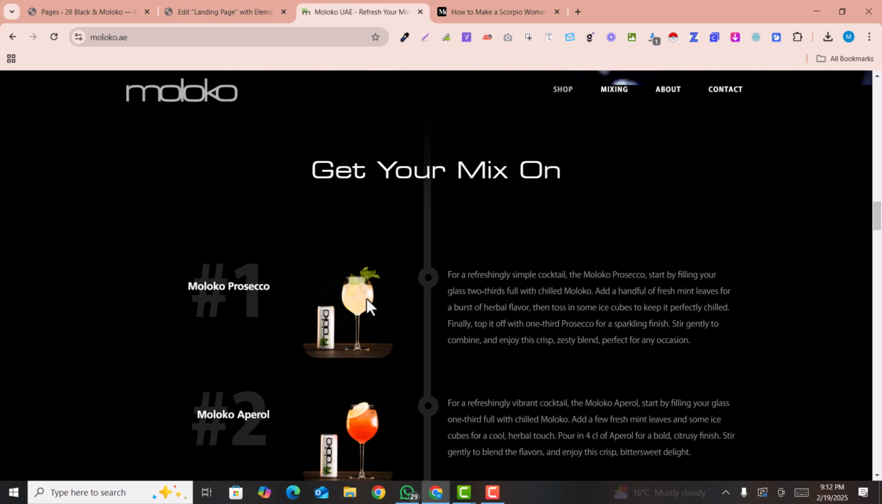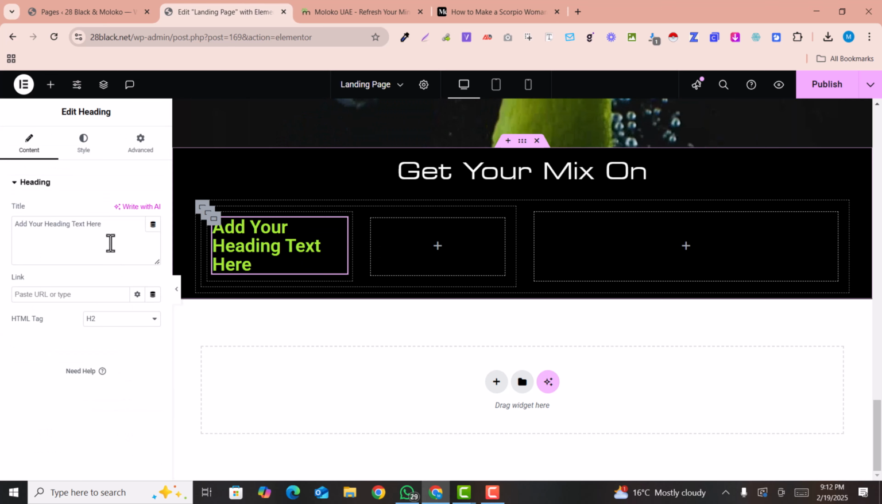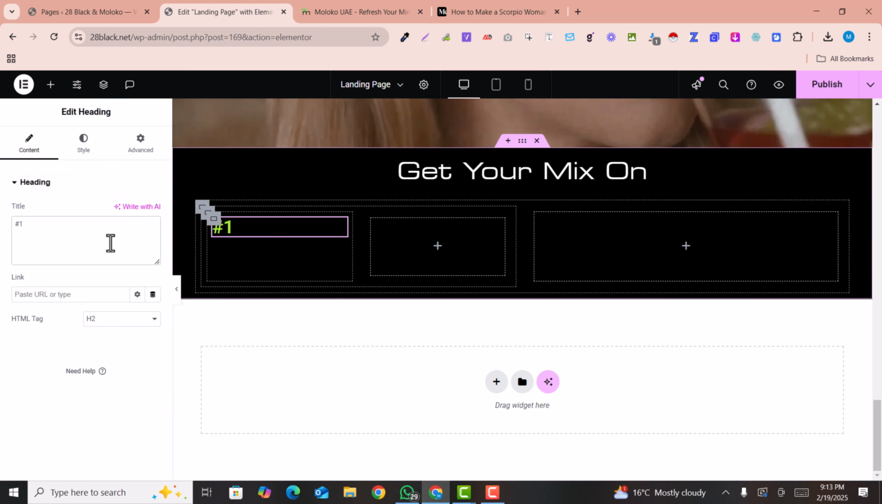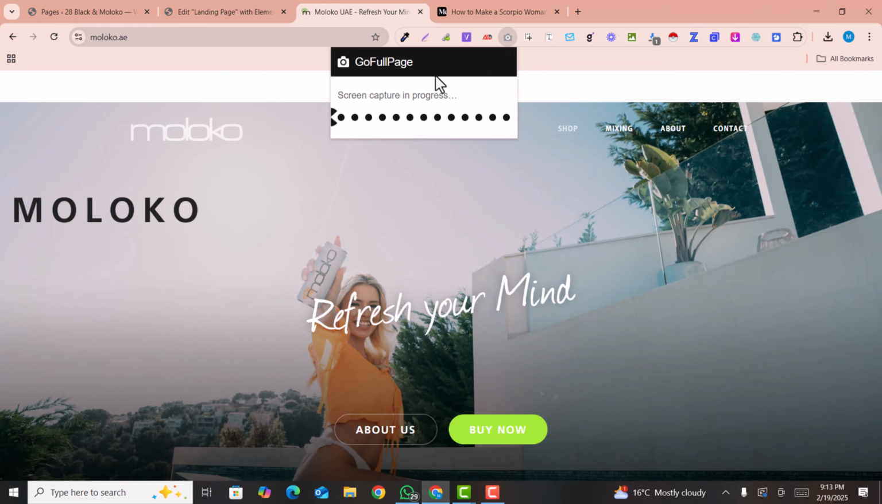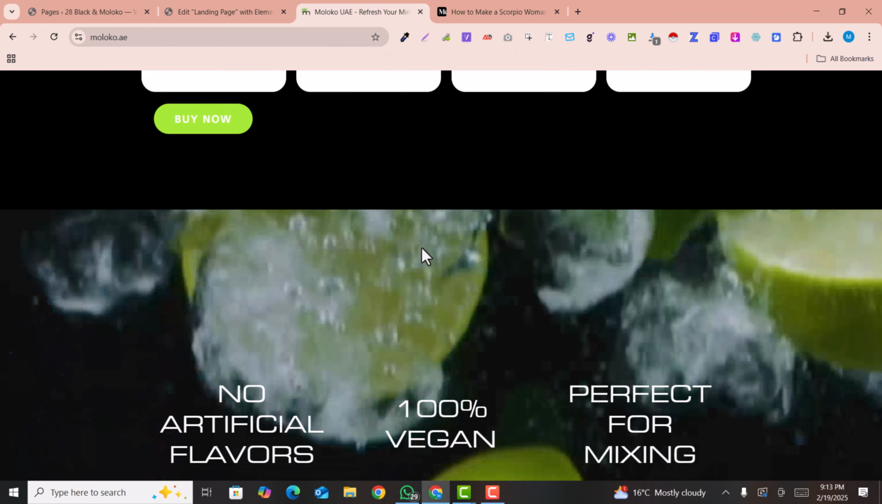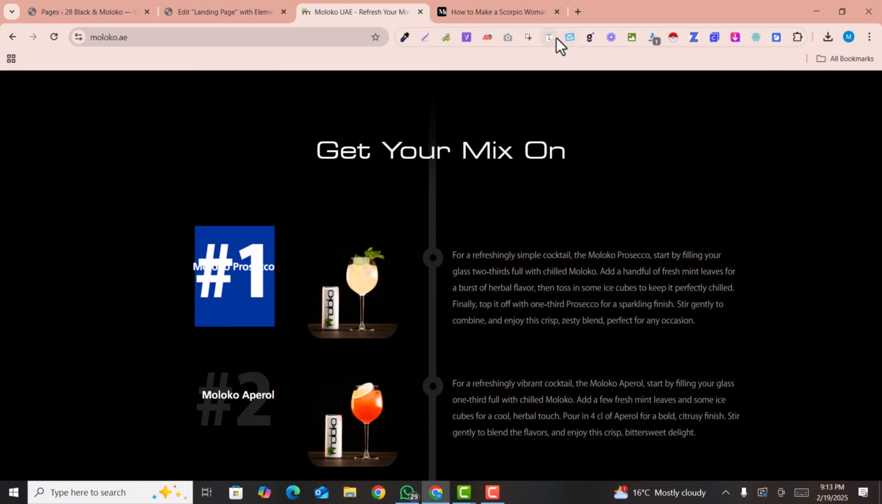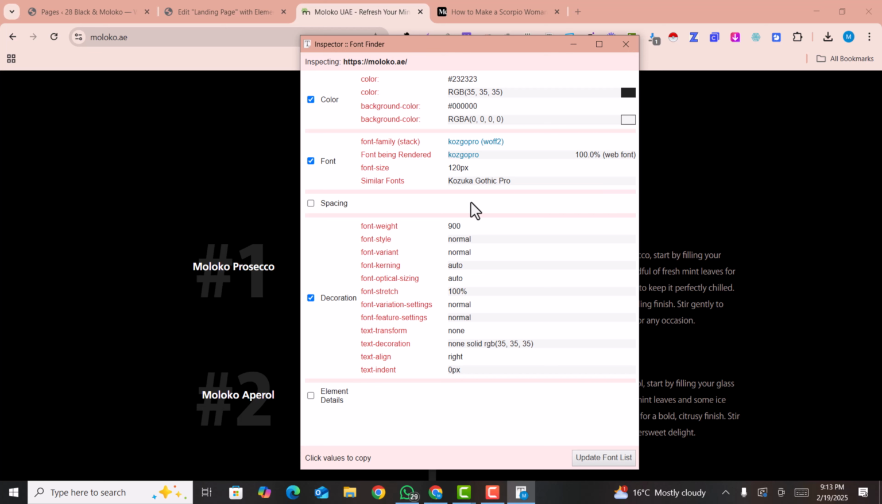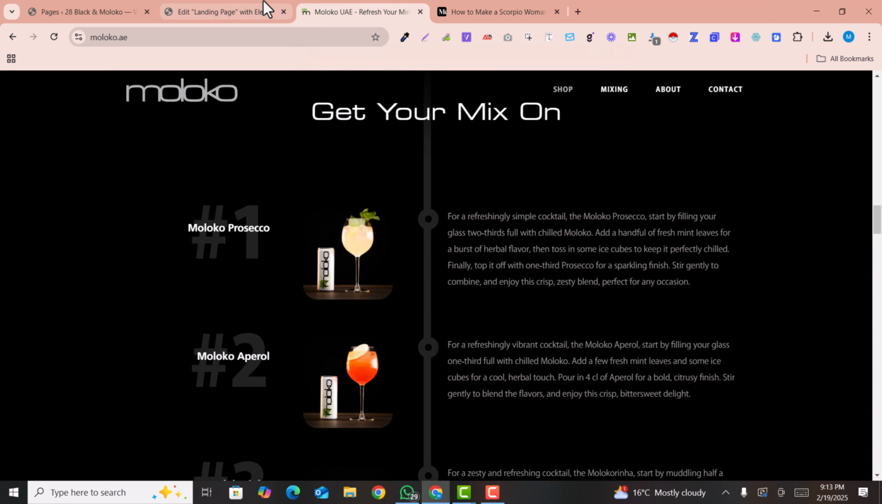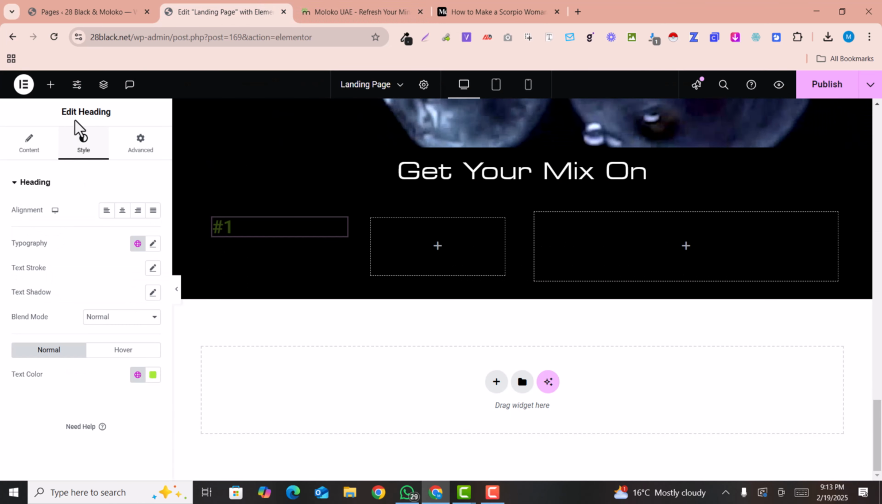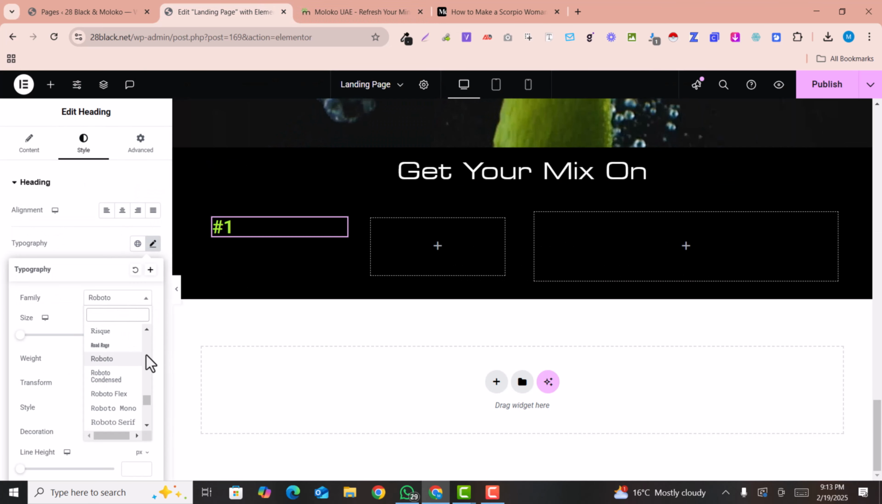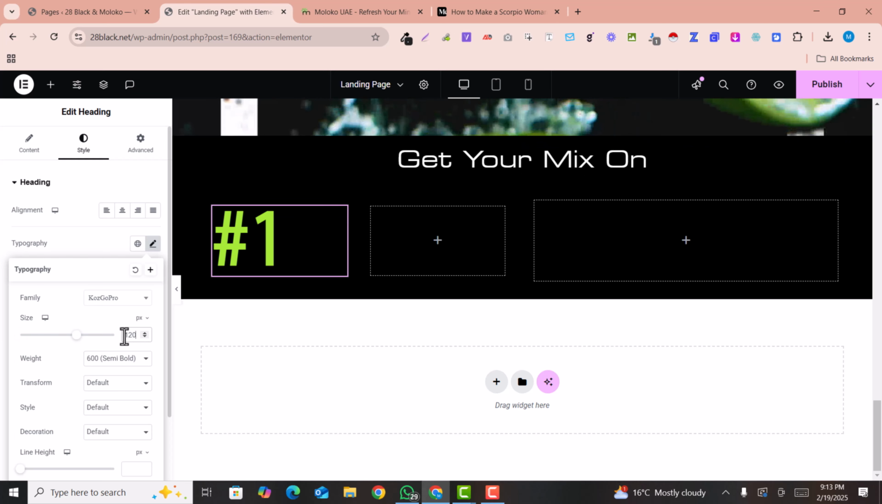So here I will add a text. For example, this is the heading, and here I will add number 1. If you detect the font family for this one, for example, so let's see, this is Cockroach and 120. As well as we see the font color, so this is the font color. So in this font family we change it to Cockroach, and we make it 120 pixel,